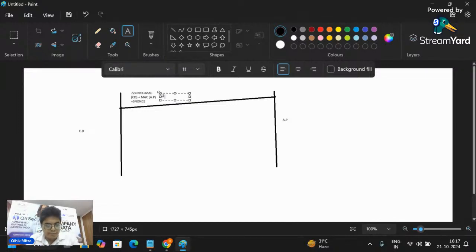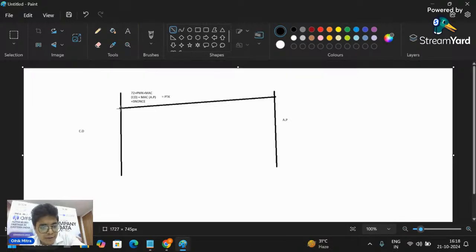That PTK will be generated, and the CD, that means client device, will have the PTK now, right? So the access point should also have the PTK. What is the access point currently containing?